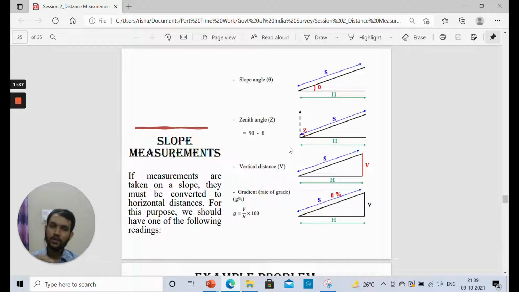If we know the theta angle that is enclosed between the sloping ground and the horizontal piece of ground, then we can easily calculate the horizontal distance between these 2 points using S cos theta. Okay, so H will be S cos theta, and we can also get the vertical difference in elevation between 2 points, that will be S sin theta. So once we know this grade or rate of change of grade, then also we can easily calculate